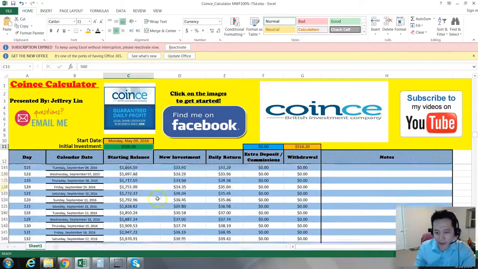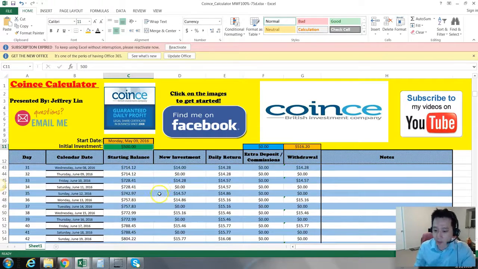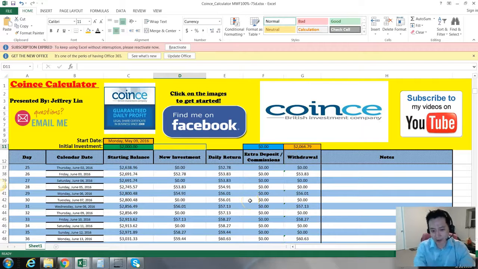Okay, because $500, it's not small money, but it's not too much money to start with. Some people come into this with a lot more money. So let's say, for example, you came in with $2,000, right? Then everything changes, right? But whatever the amount that you start with, the initial investment, using the Monday, Wednesday, Friday